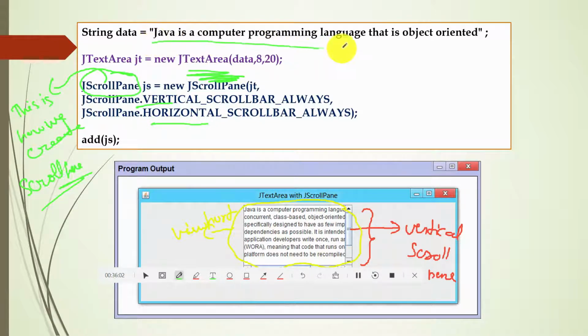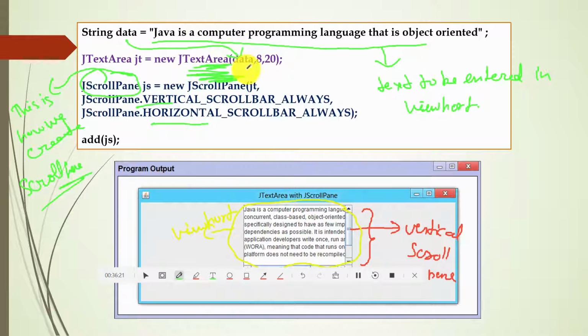This is text to be entered in the viewport, so that is what you need to put. So you can see here the data I am adding in the text area. Then if required, the scroll pane will be added. Finally, you are adding this scroll pane into the frame. So that is what you have to understand.